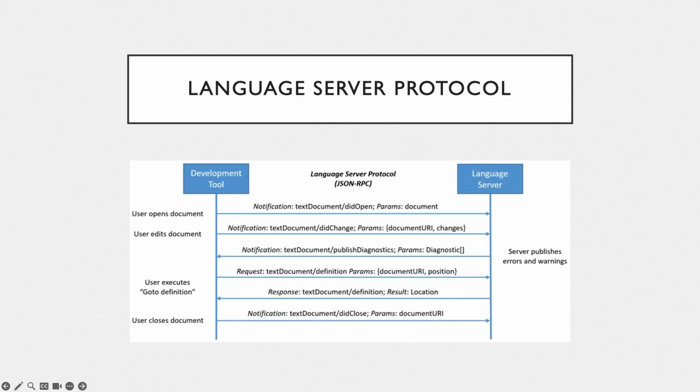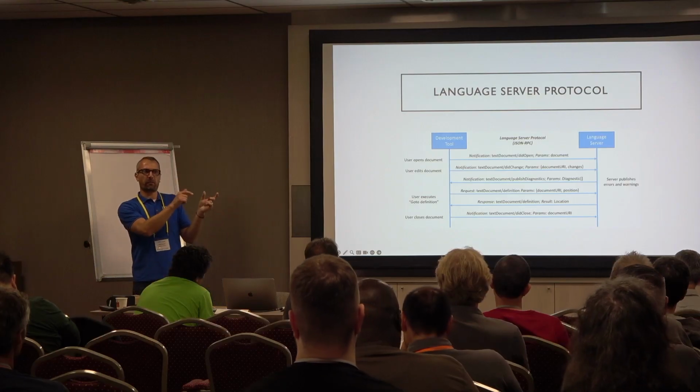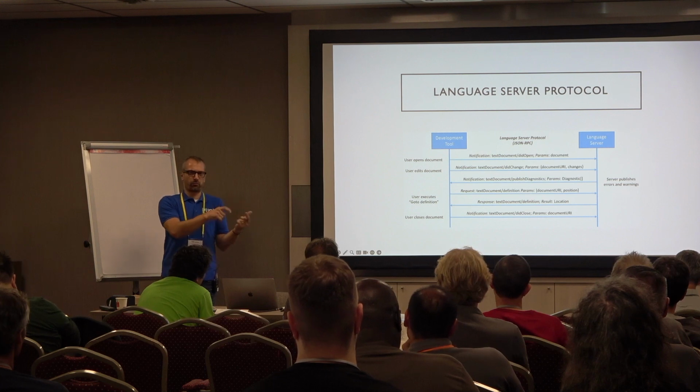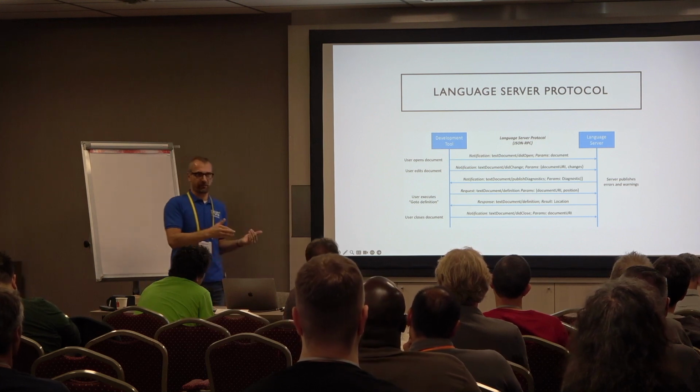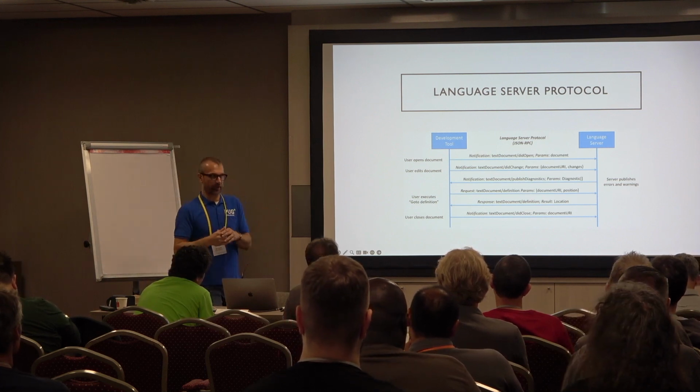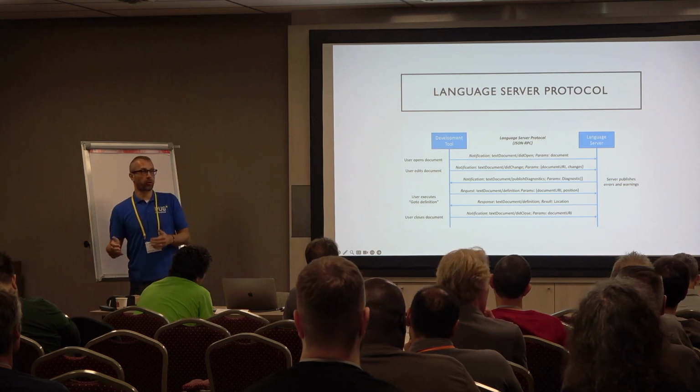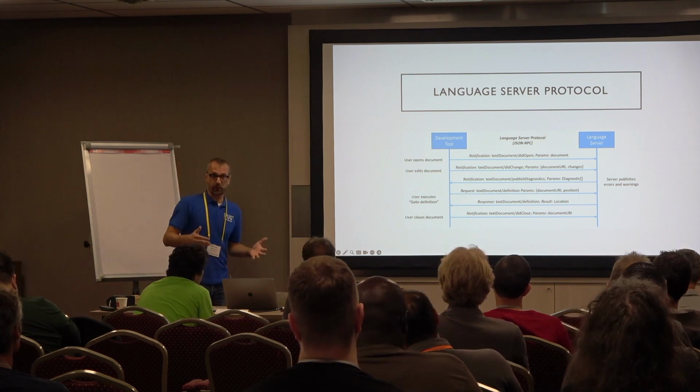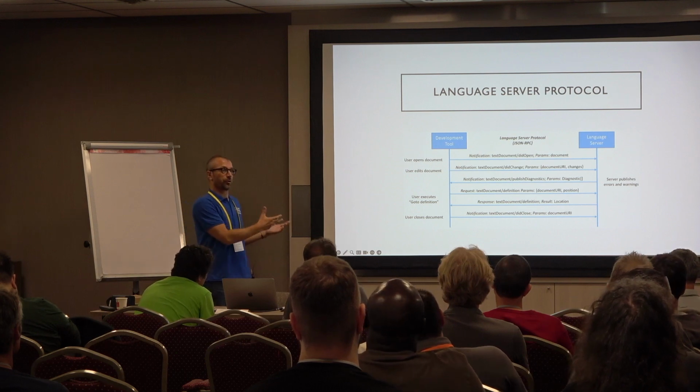At the same time, the language server is doing things. It will say, you added a new procedure or a new variable, and you don't do anything with this variable. So I will send a notification back to the client and say, there is a new variable, but you didn't do anything with that. Hey, that's a warning. There's a problem because you are defining a new variable, but you don't do anything with it, so maybe you defined it for nothing. At least I will send you a warning. Or this can also be something like a compiler warning or a compiler error. You have to be notified that the code currently doesn't compile.